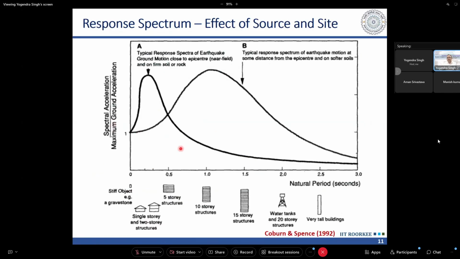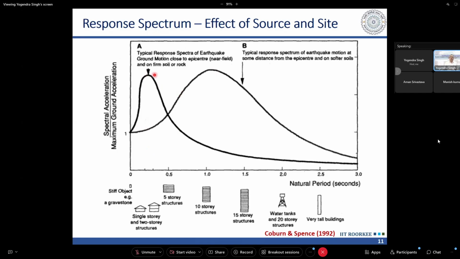Now, the effect of the local soil is very important, and the frequency content in any ground motion will depend upon the soil below the foundation, because the seismic waves will travel in the bedrock, then from bedrock these will travel through the soil layers, and then these will reach the structure. So depending on what type of ground conditions we have at the site, the shape of the response spectrum